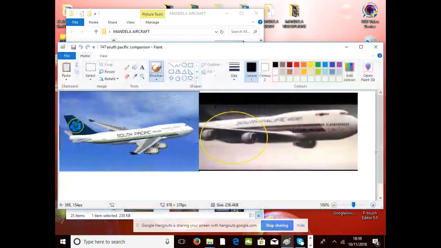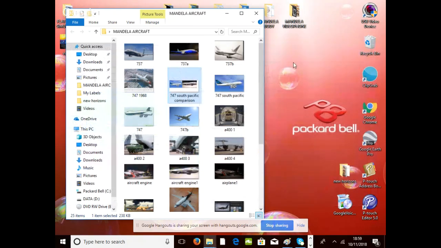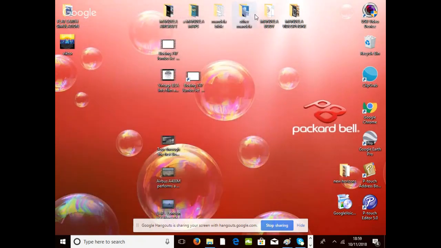In the movie Airplane, you can see we've got South Pacific Airlines. That's a modern plane. That's an older one, but this is sometime after the first one was made. But as you can see, this is from Airplane, the movie, the engines are under the wings, and that's how I remember them. I know that's how they were. But in reality now, the realities have been changed so that they're all in front of the wing. And it's getting absolutely crazy. What I've got here